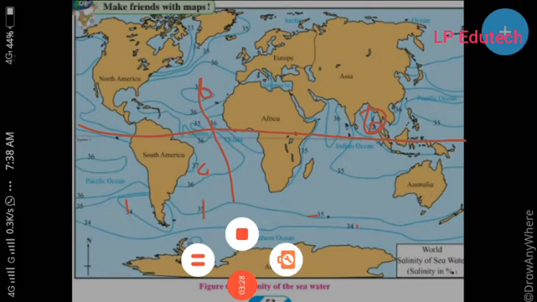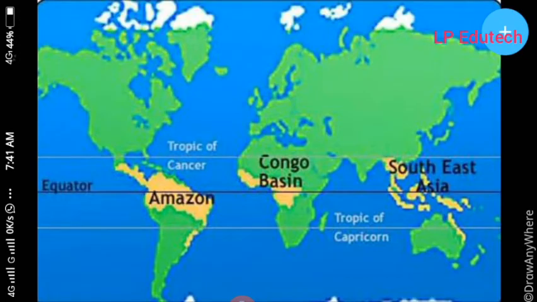So let us continue. Let us look at the geographical explanation. The uneven distribution of temperature on the earth and the uneven supply of fresh water, etc., affect the salinity of seawater. As we learned in the first part about salinity, the major points are: in seas where the rate of evaporation is higher than the supply of fresh water, the salinity is high. In seas where the supply of fresh water exceeds the rate of evaporation, the salinity is low. And salinity is not affected much in seas where both the supply of fresh water and evaporation are low.